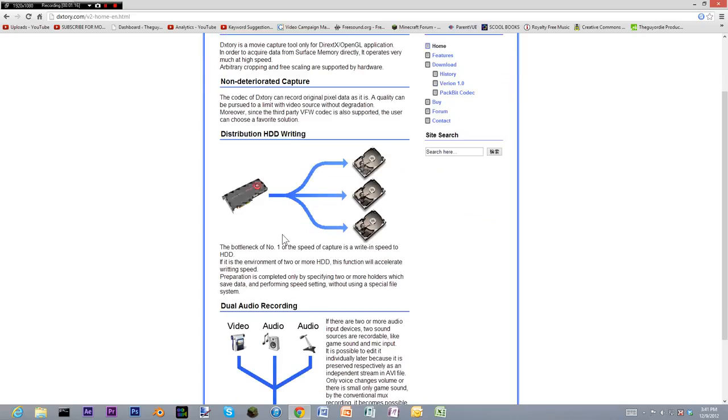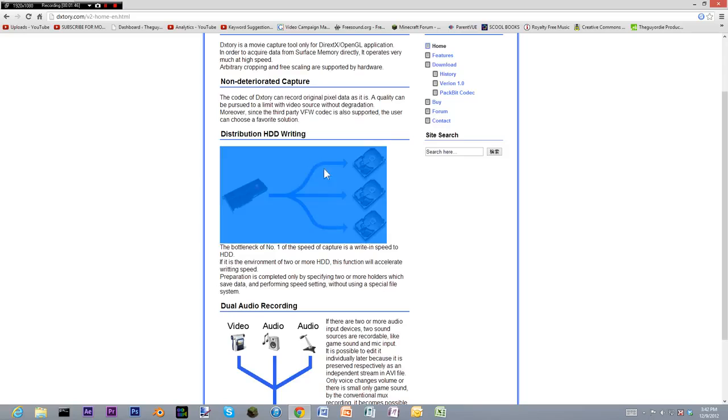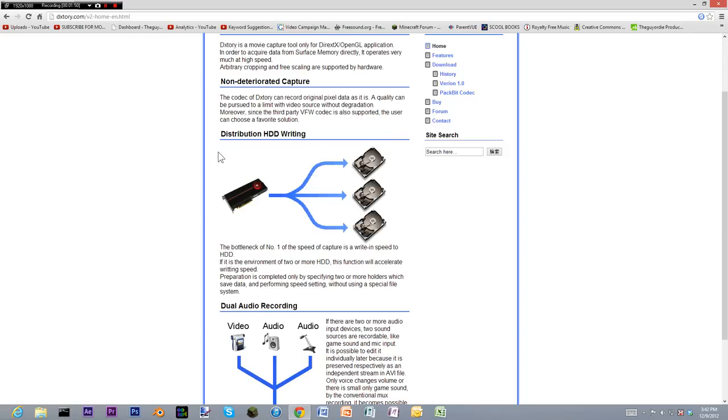Basically, what that means is most programs like Fraps and Bandicam write their file to one file, right? One location, like one place on your hard drive. But what DxTory can do is it can split one frame to one hard drive, another frame to a second hard drive, and a third frame to a third hard drive. And if you have three hard drives, like it shows in this picture right here, it can actually increase your performance by 3 times. Not your game performance, but your recording performance. It can almost triple that